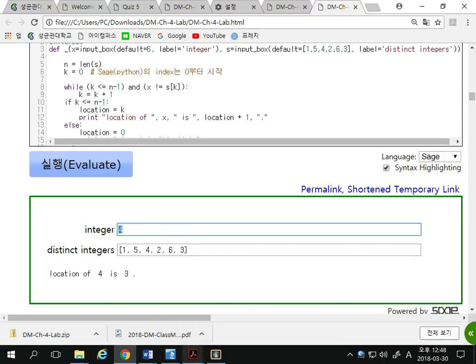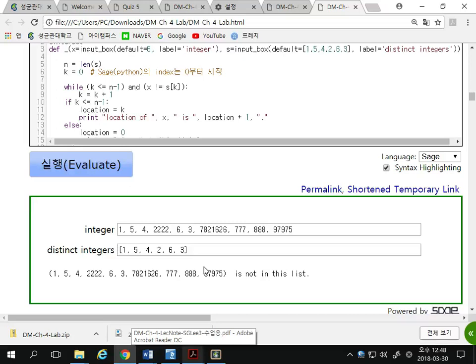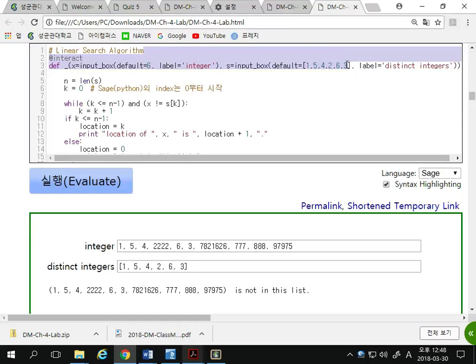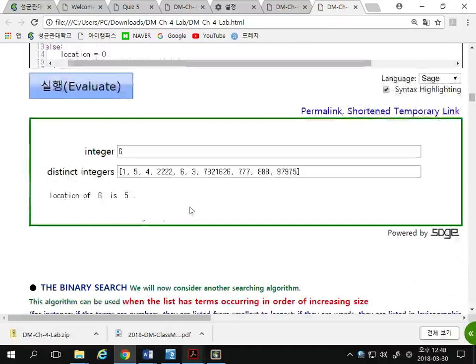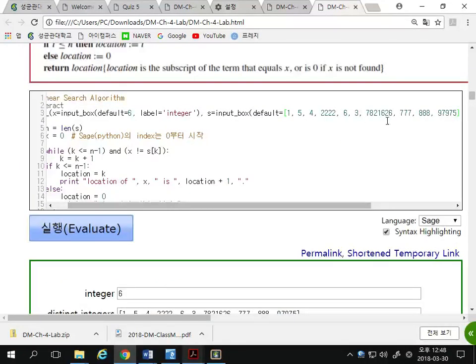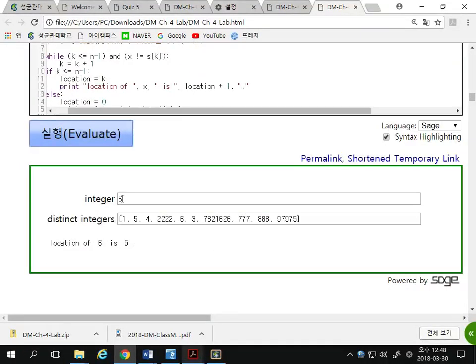Suppose we have these numbers, then, okay, let's do it in here, and the 4 is here. Okay. Like this. If we have these numbers, then the number 6 is in the fifth